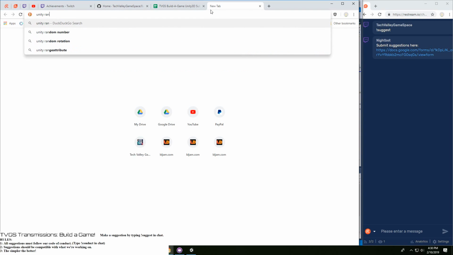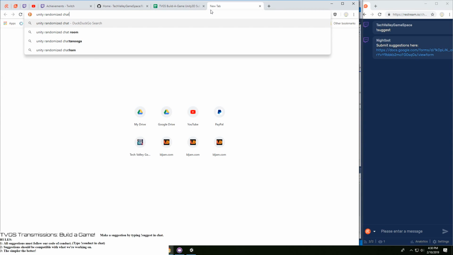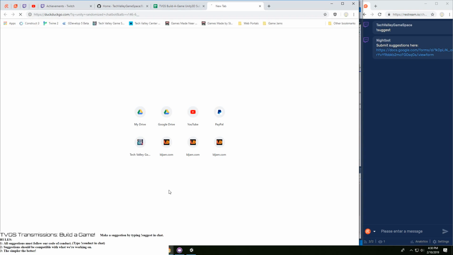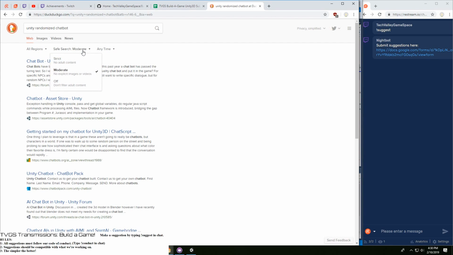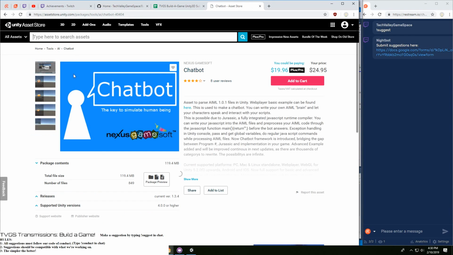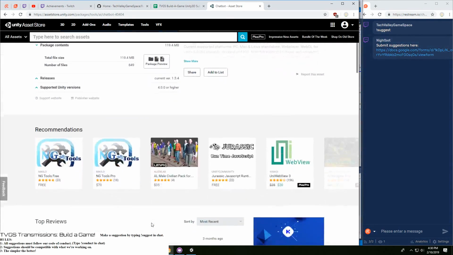Unity randomized chat bot. Yeah, DuckDuckGo. And I'm going to say very strict. Chatbot. It is not free. In my head, it barely made any sense. Feeling bored, nothing happened.